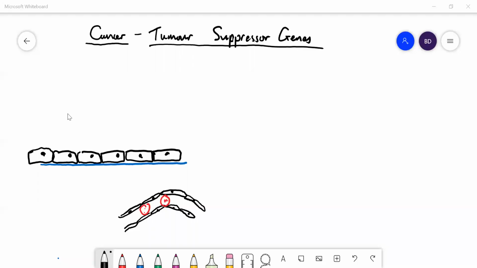This shows here a layer of epithelial cells. For example, let's think these are lining the colon. So the colon is lined by this layer of cells, forming a complete layer protecting the inside of the body essentially from the outside where the digested food and waste and so forth are.